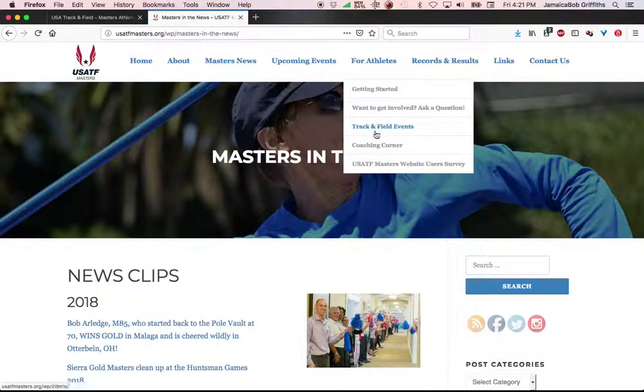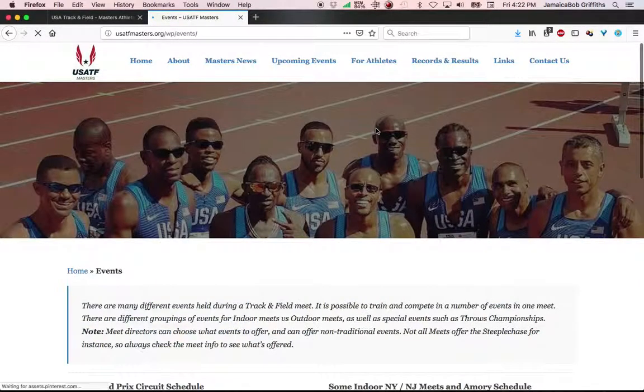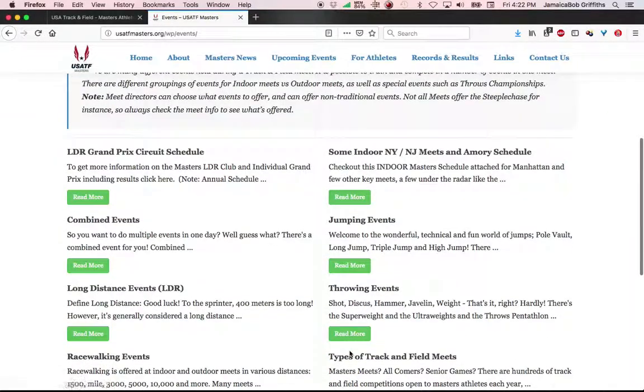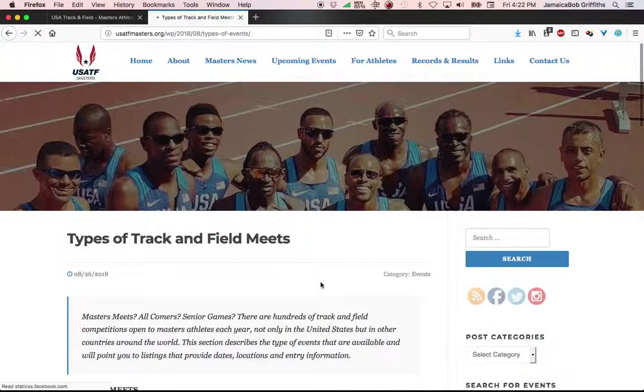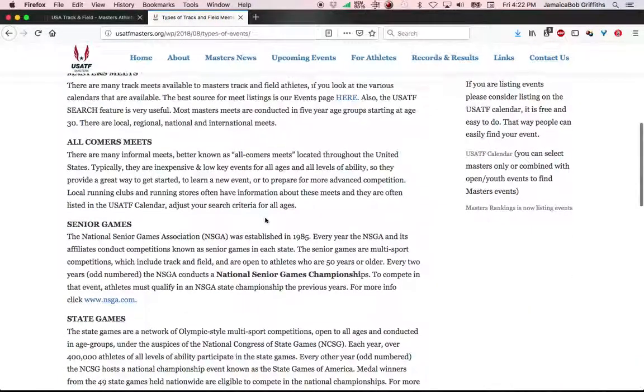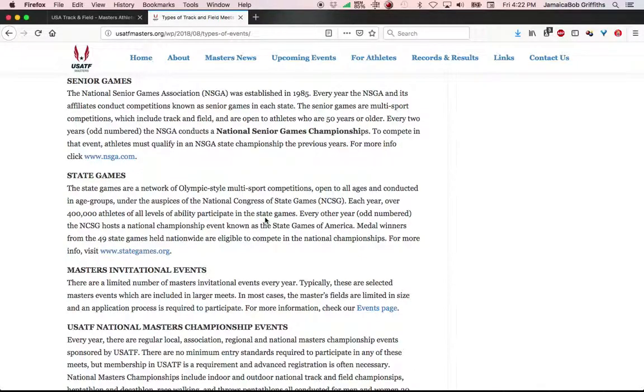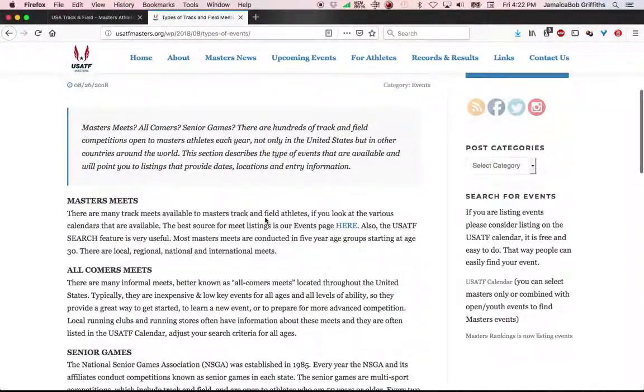So getting started, track and field events. This calendar may not have as many. They don't really have a calendar here. What you have to do is you have to go back over to the calendar at USATF.org. But I also talk about this in a training called Getting Back on the Track, and we talk about